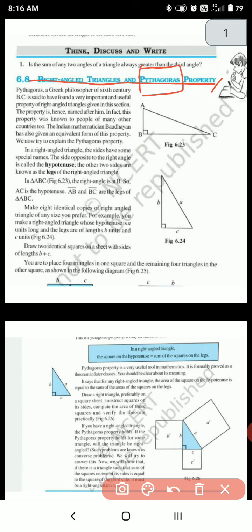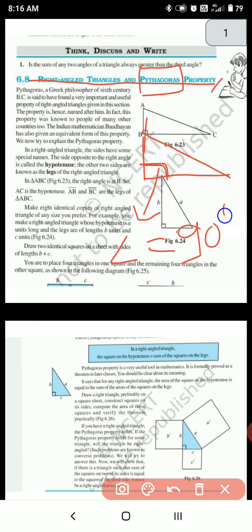So for that, what he has done is that he has taken a right angle triangle. The two lines which are perpendicular to each other will form a right angle triangle. Right angle means the angle is equal to 90 degrees. Understood? So here, this angle where two perpendicular lines are meeting and the angle is forming, is known